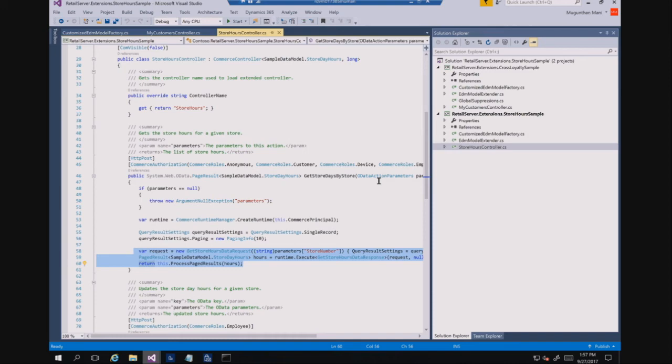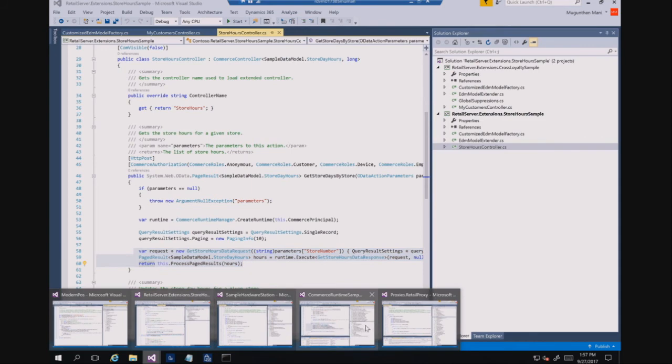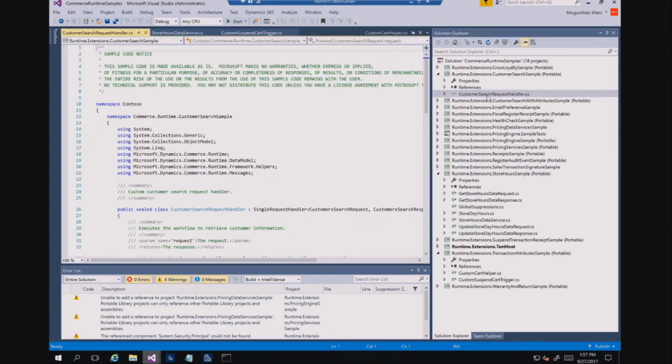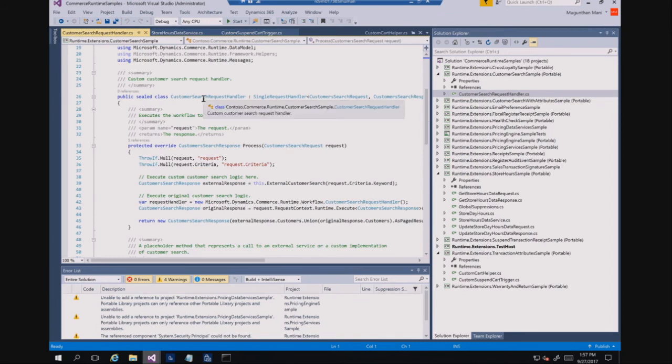The other thing I showed, hey, is how we can override our service, right? For that I did a CRT sample here. I modified the customer search. For example, you have a scenario where I want to search my customer locally in the AX as well as in a CRM system, right? In this case, what you want to do is override our customer search flow. What you need to do is find the exact request you should override. So here, if I come here, I have put a note saying, hey, don't call the standard Microsoft customer search request, call this overridden one. Then the extension knows, okay, some request has been overridden, so don't call the standard, it will call this new overridden request.